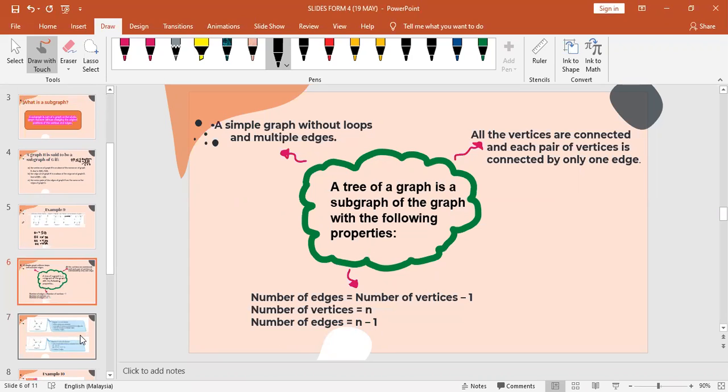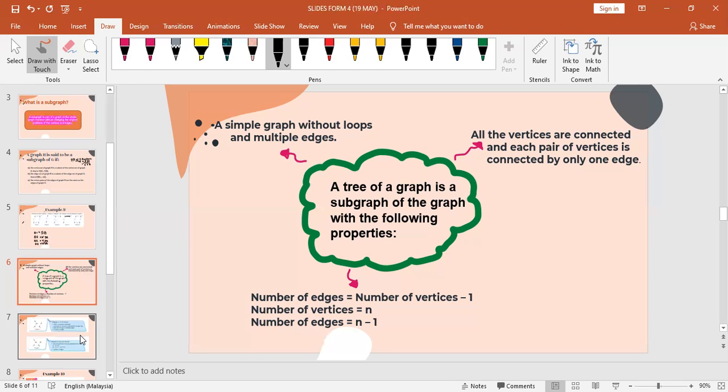Okay, so what is a tree? A tree of a graph is the subgraph of the graph with the following properties. Tadi kan kita dah belajar pasal subgraph. Now kita belajar pasal tree, whereby tree ni adalah subgraph of the graph tapi dengan